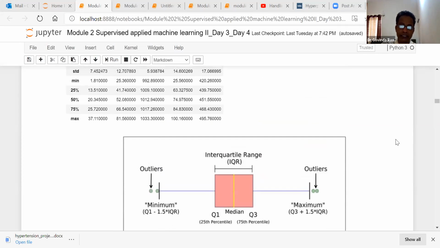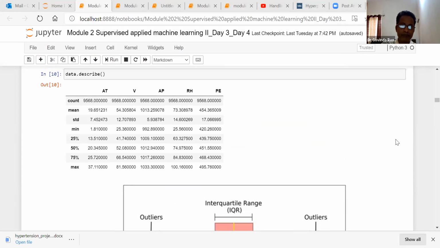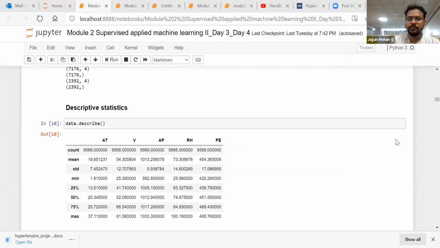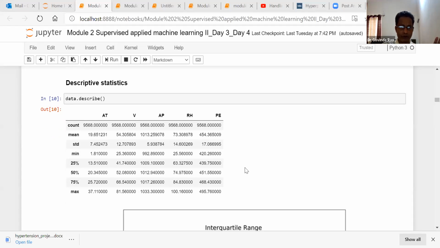In data exploration, we can do descriptive statistics. Simply, we can study the summary statistics of your data. In the power plant data we have 4 independent variables and 1 target variable, with 9,568 data points, which is the data count.